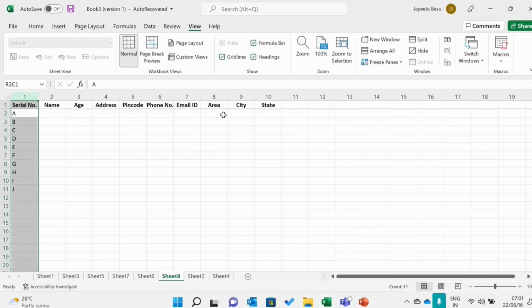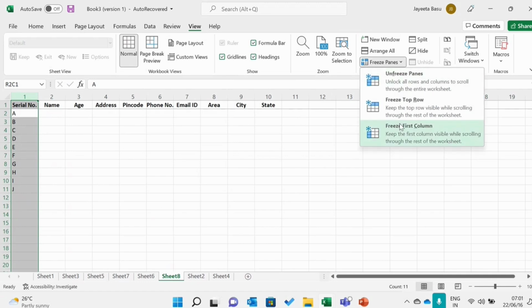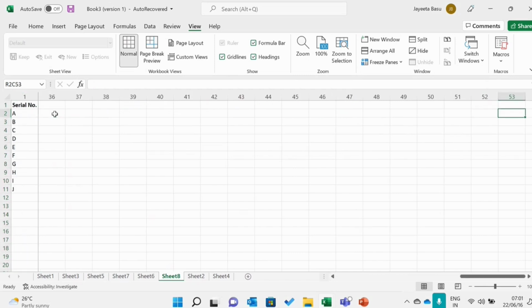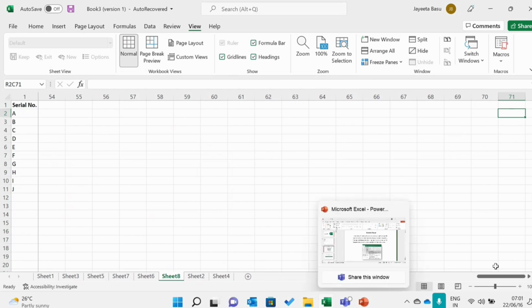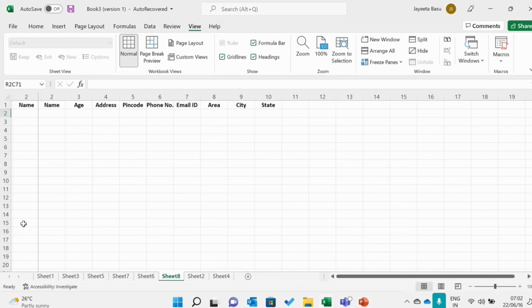So what I do is I go here, go to Freeze Panes, and you see this downward arrow, and Freeze First Column. Now, if I go here, you see I can scroll to as many columns as I want to, but my first column and my first row will remain fixed. Similarly, if I go down,